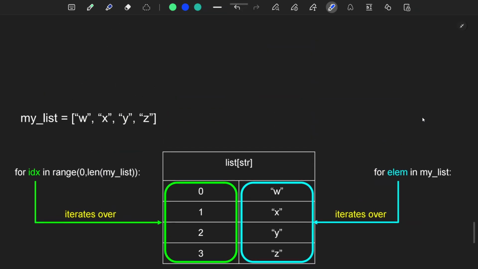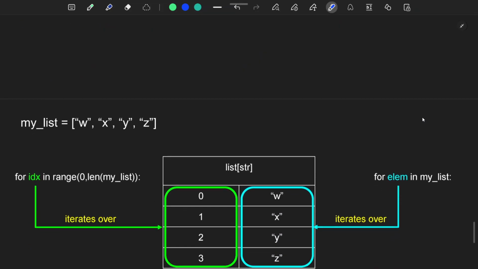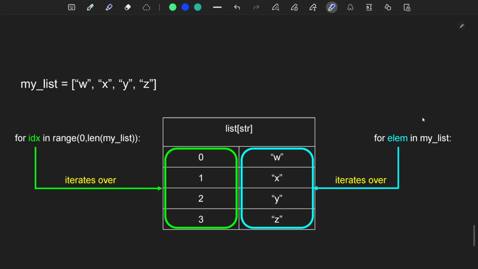this allows us to iterate over index using a for loop. So what we've been talking about up until now has been looping through the elements in the list. But if we constructed a for loop that said for IDX in range 0 to the length of my list, it's going to loop over these indices. Now this doesn't seem like it makes a lot of sense, but let's break it down. So IDX, again, is just an element, right? We can call it whatever we want, I believe,